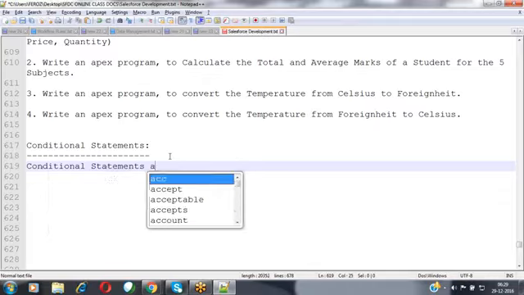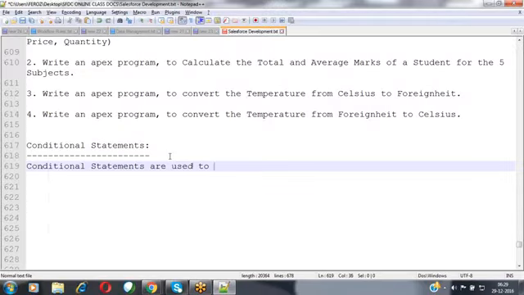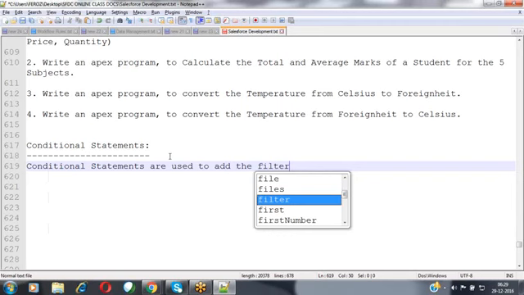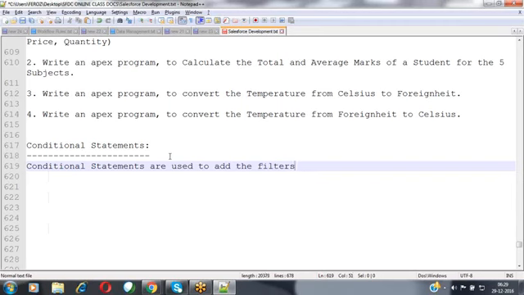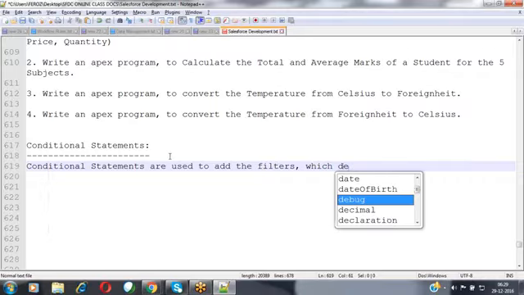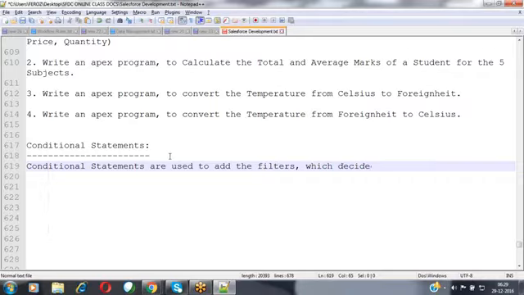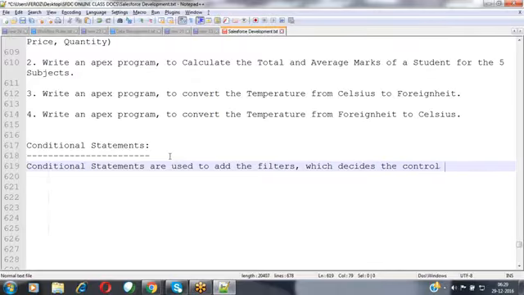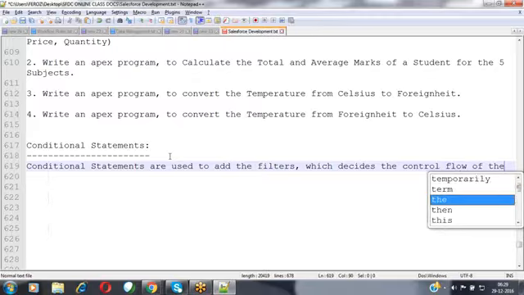Conditional statements are used to add filters which decide the control flow of the execution.